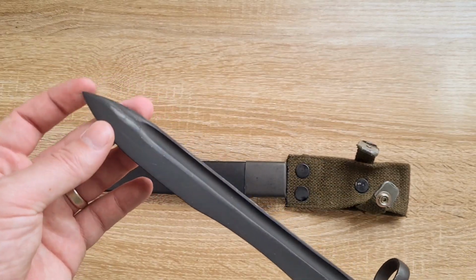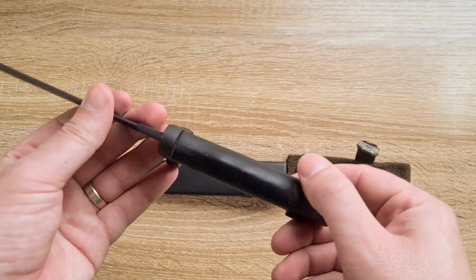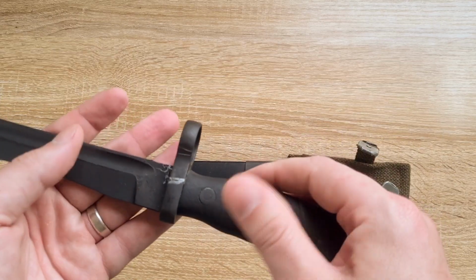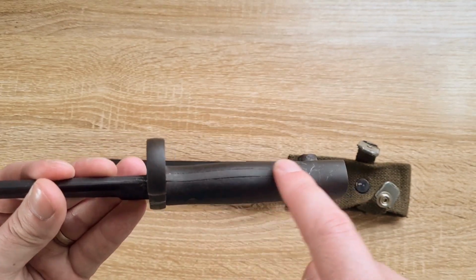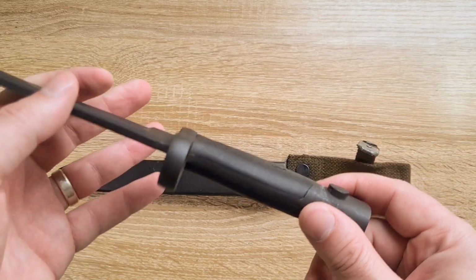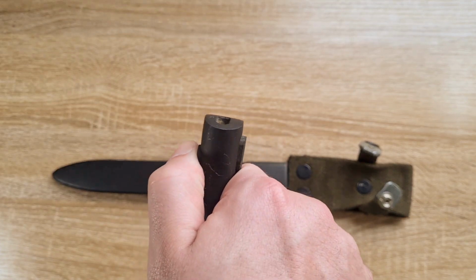Flat-topped false edge, and then an unsharpened true edge. It's got a nice solid crossguard. And the grip is actually like a rubbery plastic. I'm not 100% certain what kind of material that is. And it's one solid piece that wraps around like a C, so you can still see the tang at the top, but not down the bottom. It's held in by 2 screws, which are too tight to ever remove. And then we've got our standard press button